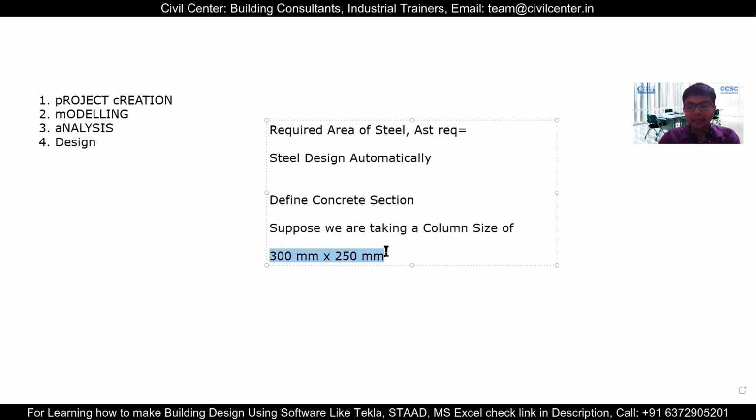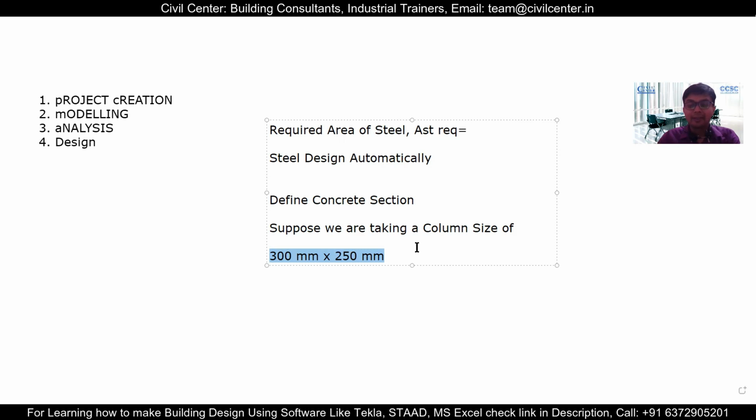The area of steel will vary depending on how much is required so that the section passes. For that, it will also perform some safety checks and some particular checks as per the code of the country. Suppose you're designing by IS code, then it will check whether the spacing of the reinforcement which it has calculated is possible or not. If it's not, the software will show it as failed.